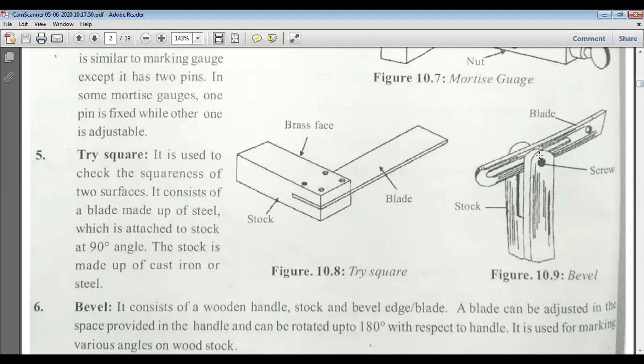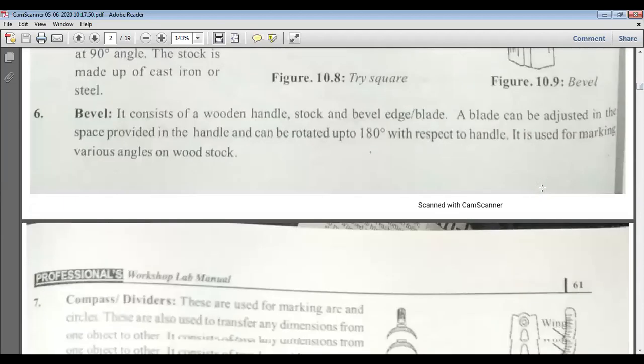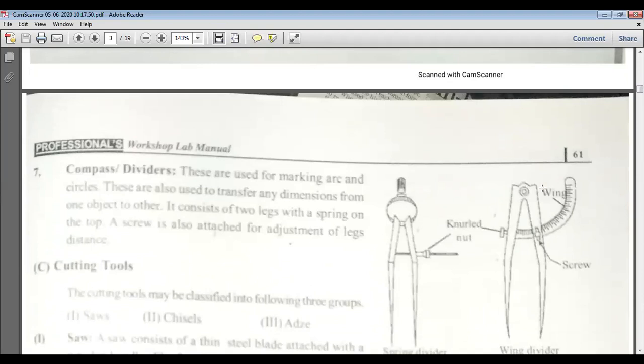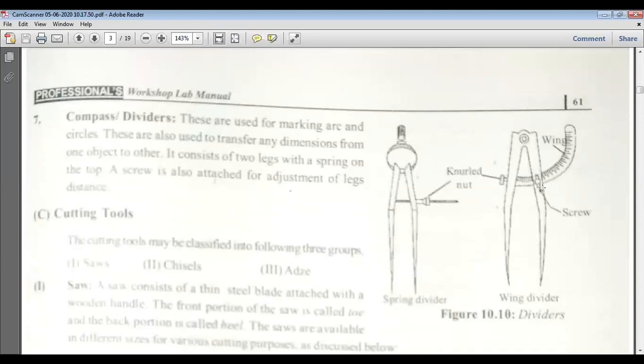This blade can rotate along this plane, and this is a screw pivot about which the blade rotates. After bevels, we have the compass and dividers. These are marking tools basically used to draw a circle or curve.